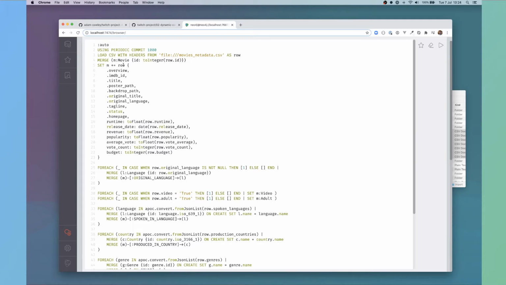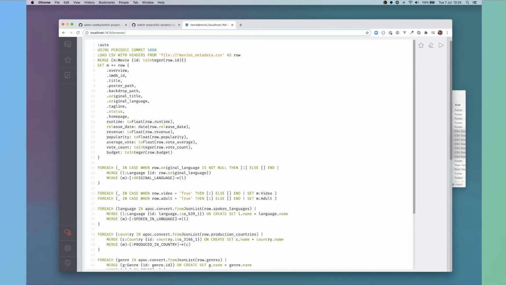I can use this map projection to take some information from row. Everything inside here that has a dot next to it is assigned directly from the row, so row.overview. It's kind of a shorthand of saying overview is row.overview. So it's a good way to be lazy and to cut down the amount of things we're typing.